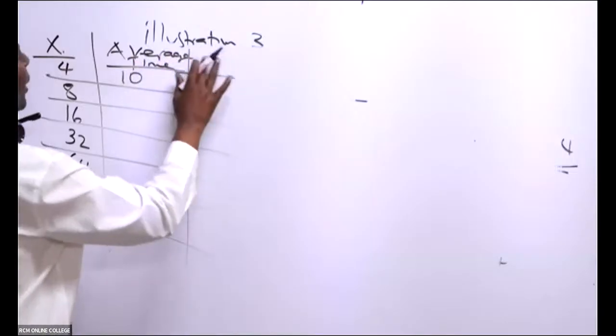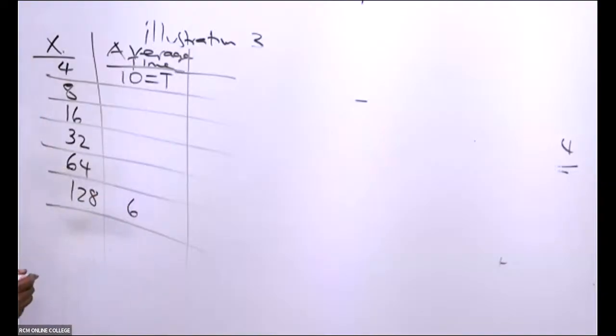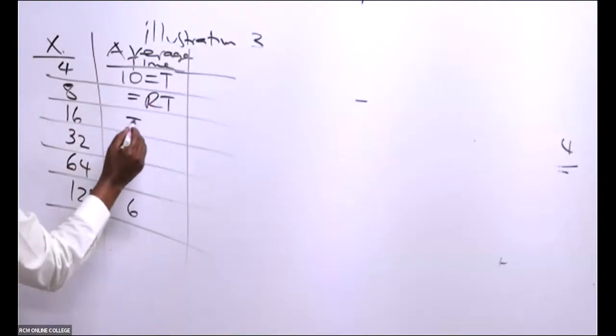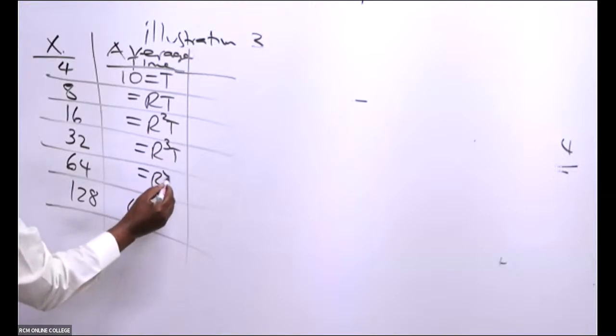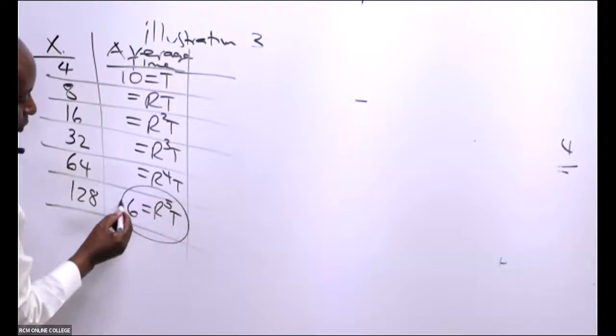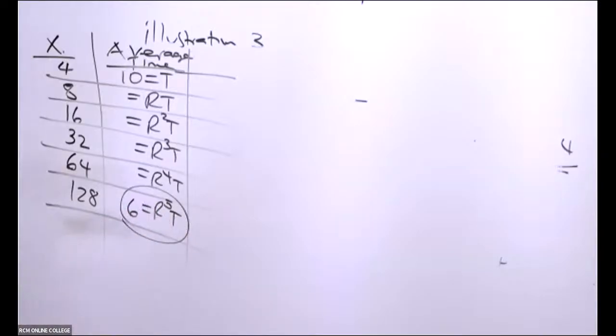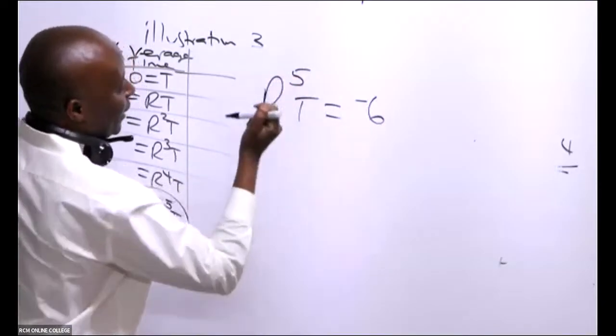So unakuja hapa right away, ladies and gentlemen, we have this one here will be what here somebody now that the doubles are there. T. The second one will be RT. Cubed T, isn't it? R raised to power 4T. This becomes R raised to power 5T, and then you pick it from this. Isn't it? Where did you go wrong? R4, eh? They used R4. So then come here. So we have R5T equals 6.